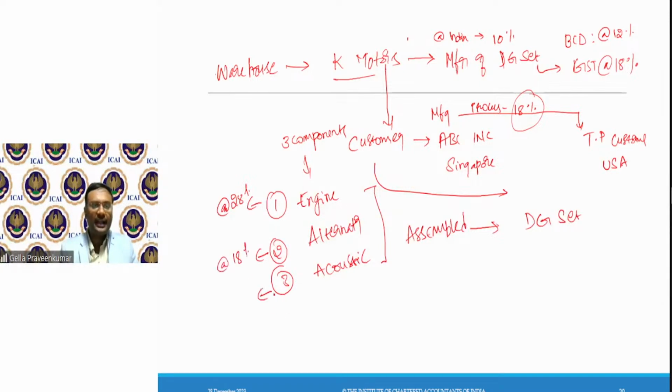My rate of tax for acoustic is again 18%. This is the composition of my rate. So here, say there is another manufacturer in India, say Shakti Motors.